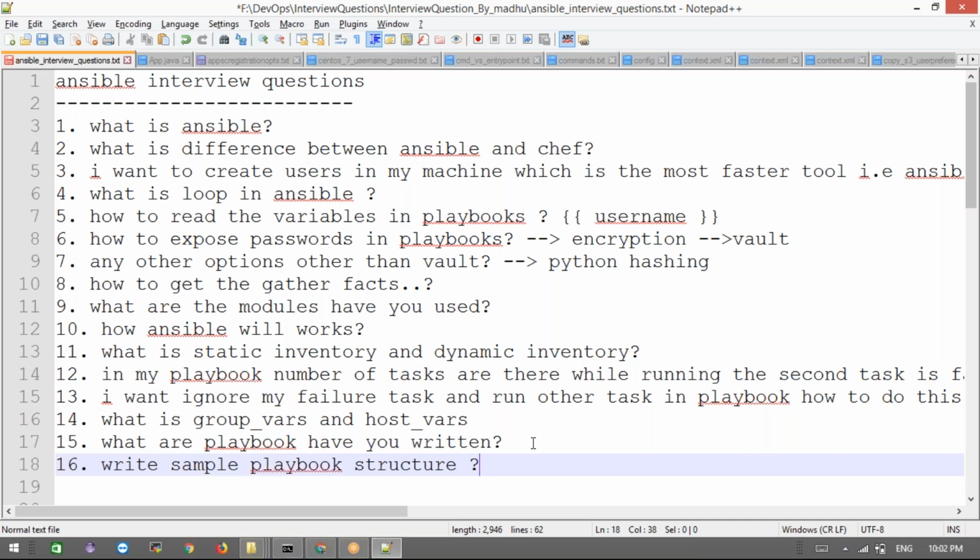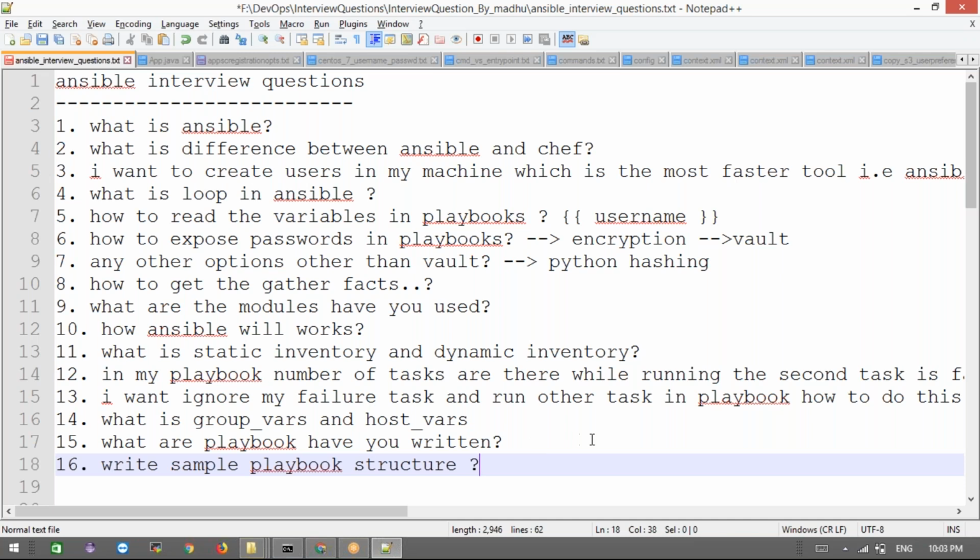We need to write them, starting with hosts, then writing like this and mentioning the roles. Add the role, then go to that folder, create one role folder, then tasks, and inside tasks a main.yml file. Then write all the tasks there using the ec2 module, then create the key and then the rest of the stuff.